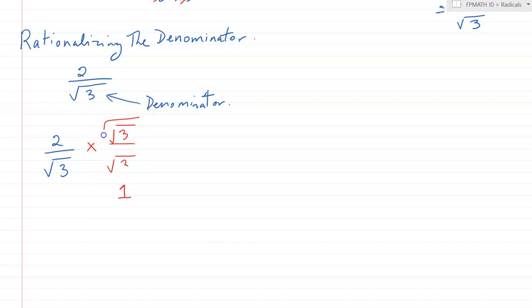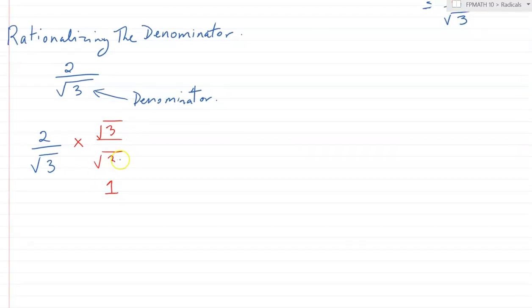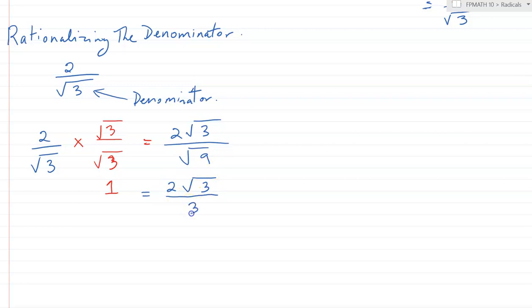All right, so let's see what happens when you multiply and go through the process. That would be 2 times root 3. You're multiplying the fractions how you multiply from grade 8 and 9. Multiply the numerators together, multiply the denominators together, and root 3 times root 3 is root 9. Slowly we're going to start writing a little bit faster. Root 9 is 3, so root 3 times root 3 is just 3. And your final answer